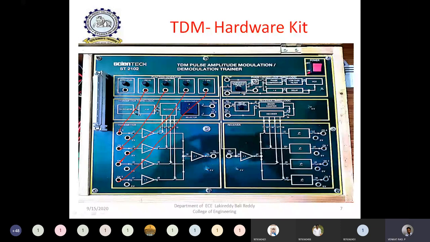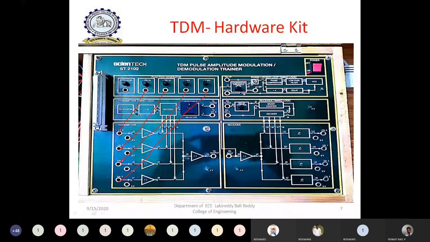Similarly, for the second signal also there is one switch, that is the sampling switch. From this switch, we can observe a number of samples of the second signal. Like that, the sampled signal of every input signal is coming at this particular location. If you observe the point in the CRO, then you can clearly observe the sampled output of